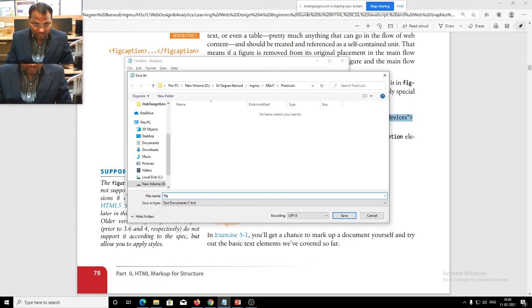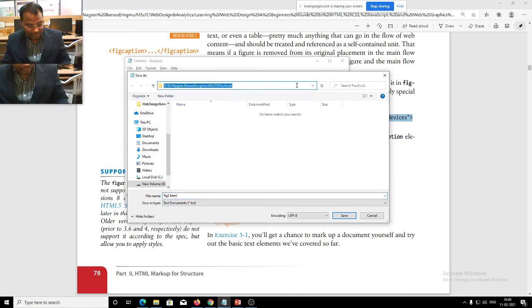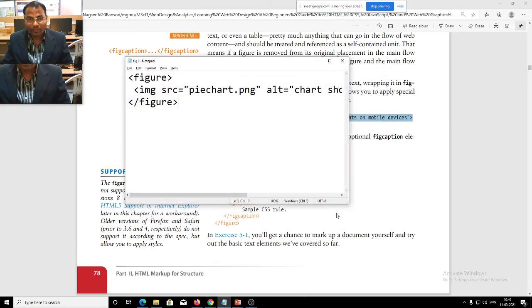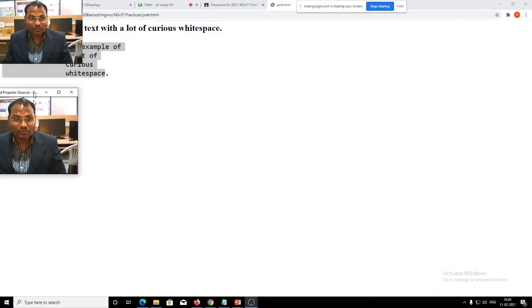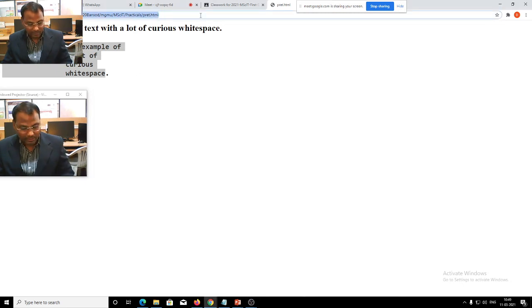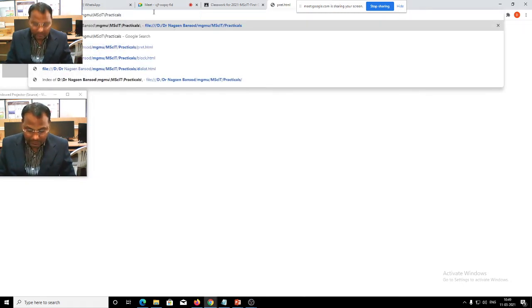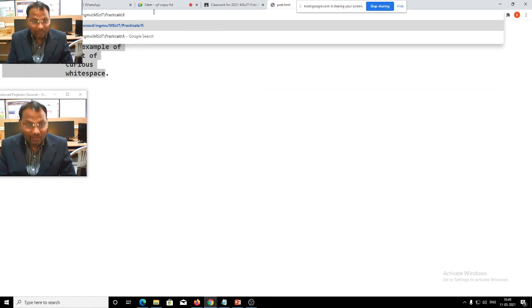You can just add an image. We will save this file as fig1.html. This extension is a must. To show the HTML file, we should use the HTML tag, and we will copy the address where this file is saved, and then we will go to the browser, anywhere you want, and paste the address here, and then the name of the file is